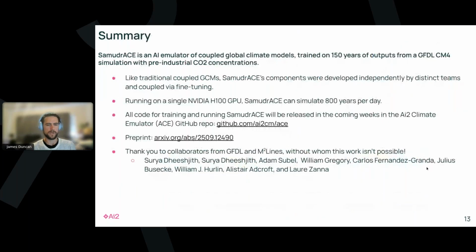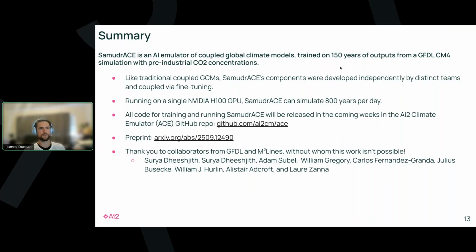But yeah, I think some encouraging work here. This is a little bit different from what Lucas talked about in the sense that we're really comparing directly to a climate model simulation. And we obviously want to keep improving upon what we've started with here, but this is an encouraging start, I think. So just to wrap up here, Samudrace is an AI emulator of coupled global climate models,